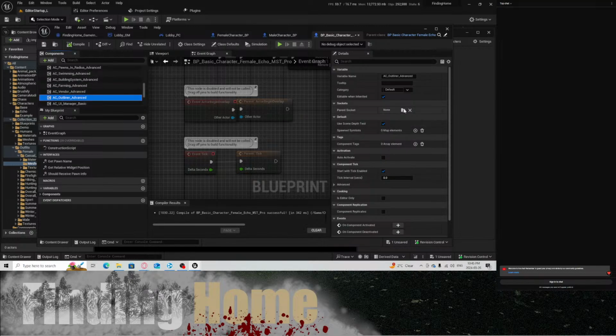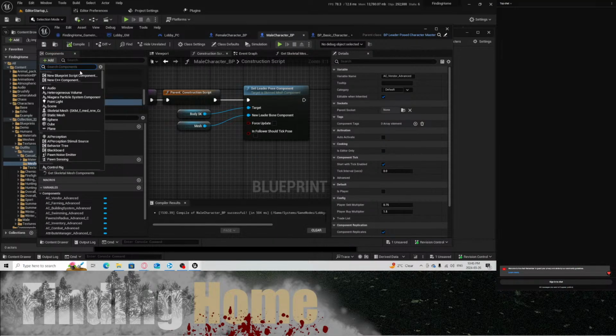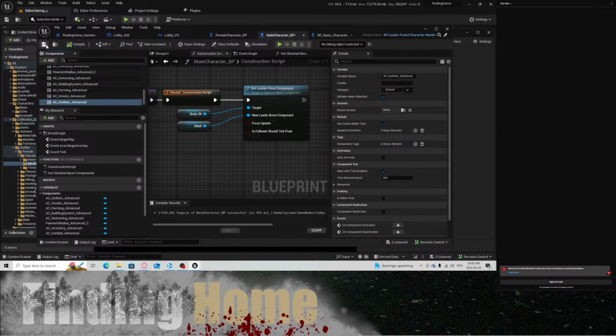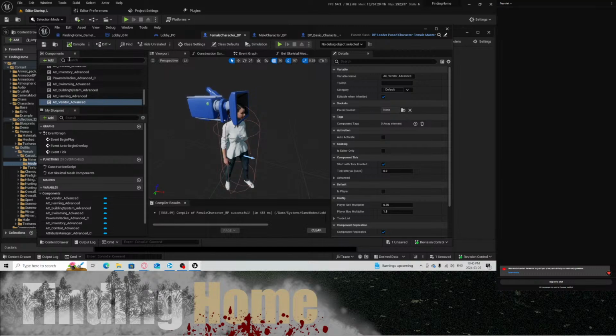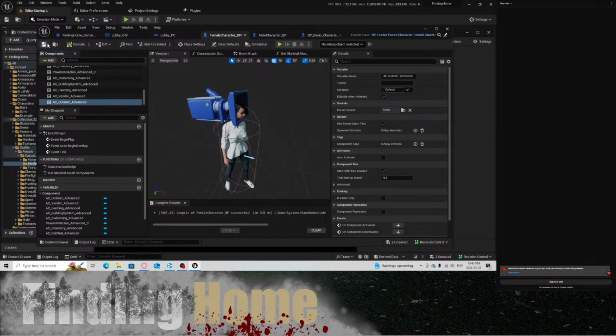See if there's any changes here. It doesn't look like it. Spawn symbols. Okay. Add outliner advanced. And add outliner advanced. And then